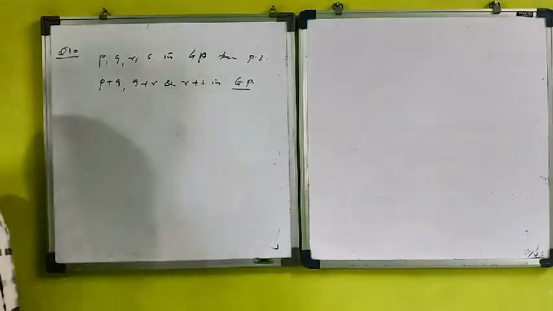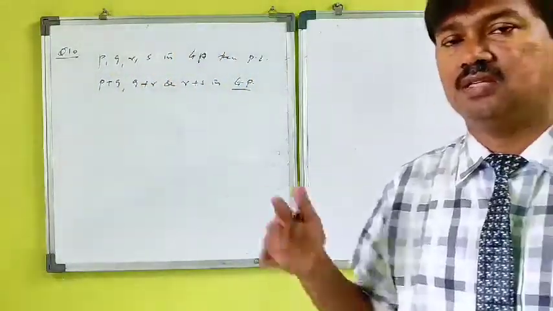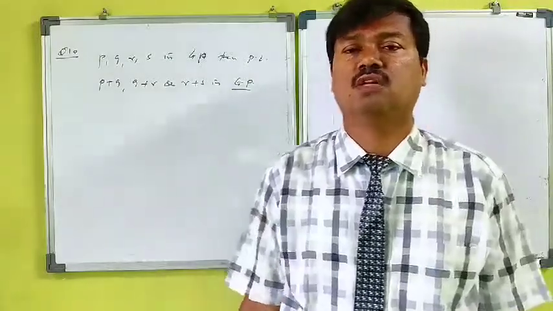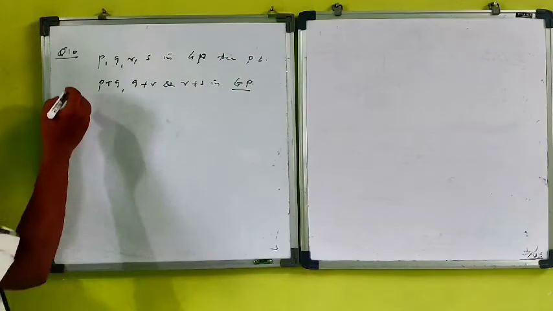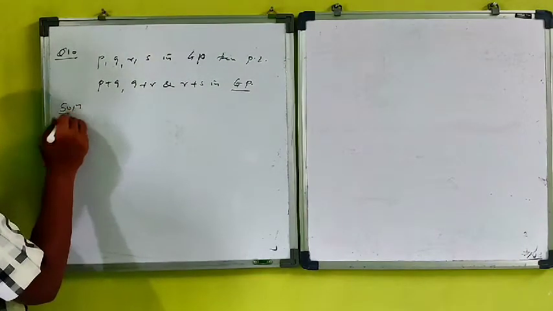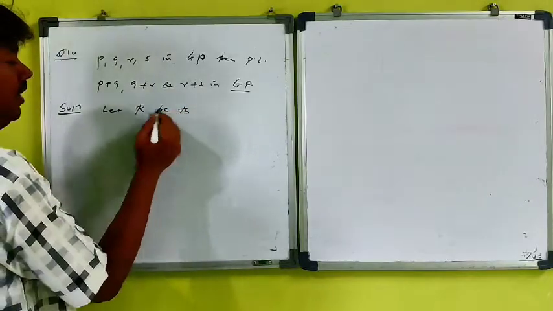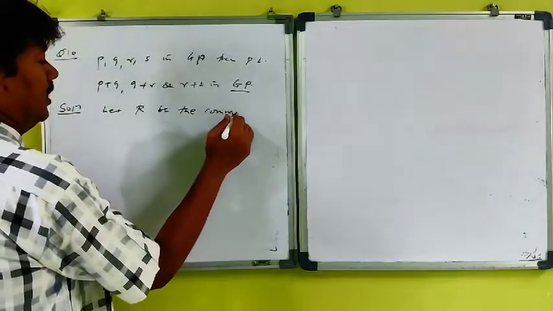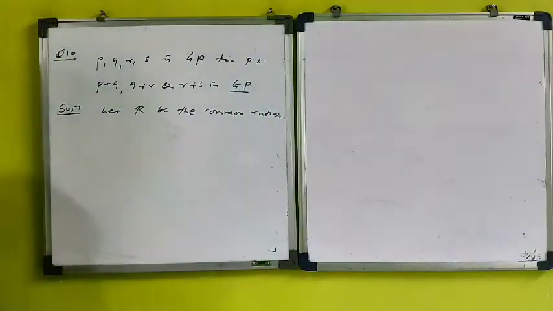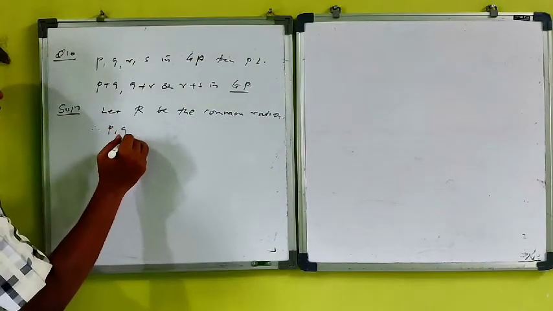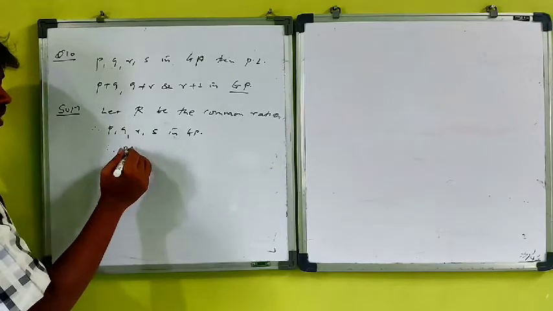So what exactly is meant by proving in GP? How to prove it in GP? GP means the ratio between the two consecutive terms is always constant. That is the geometric progression definition. So here, solution, let capital R be the common ratio for this. I am taking R capital because small r is already there. Since P, Q, R is in GP, therefore